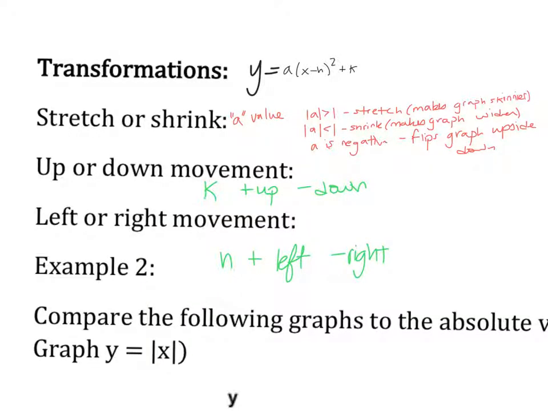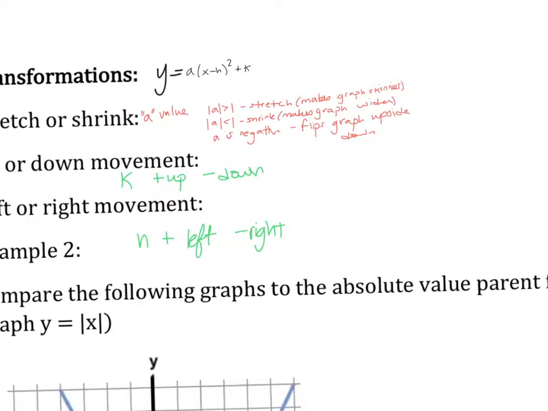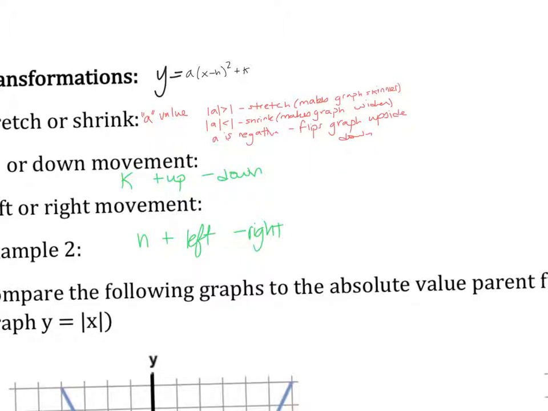Okay, go ahead and write down these little explanations that I gave you for each type of transformations. In order to explain transformations in an equation sense, I went ahead and wrote the general equation for a quadratic that's been transformed up at the top, and then I gave you what each value of the equation does. So, for example, and I'm just going to give you a quick example here, even though there's one on the next page, if you had, for instance, y equals negative 3(x minus 2) squared